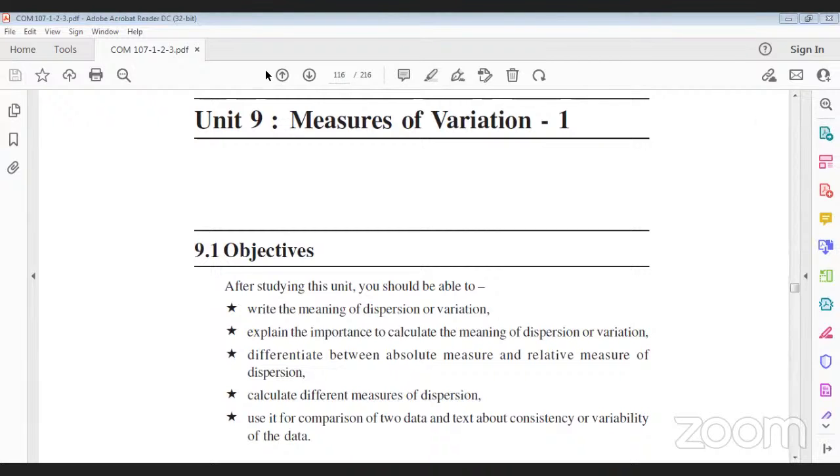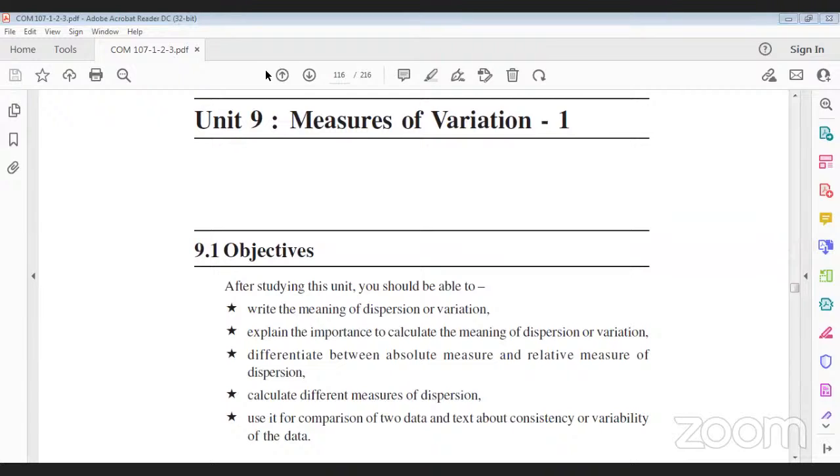Hello friends, today we are going to discuss statistics book number 2. In this book number 2, unit number 9, measures of variation. This is unit 1. And in this unit you will find that when we have quantitative data that is more spread out or scattered,